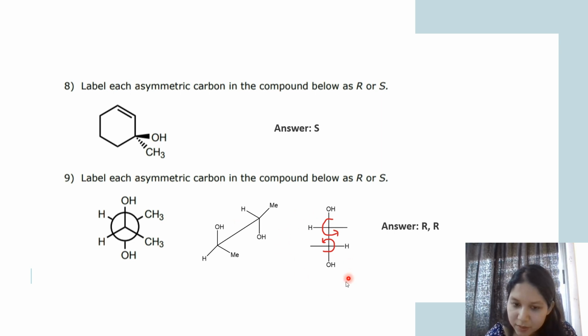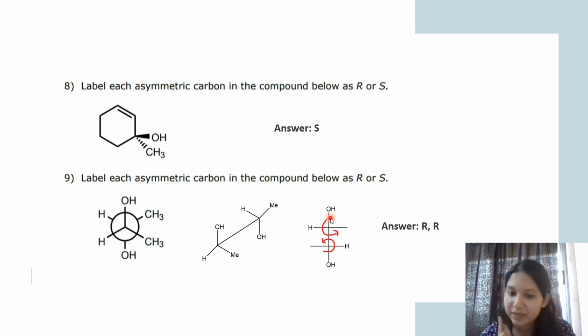Thus, you have this Fisher projection for this compound, and now we will assign the configuration to the asymmetric carbons present. And I hope you remember the rules of assigning configurations when it comes to Fisher projections. When the fourth priority group is present in this axial position, we will simply follow the clockwise anti-clockwise rule similar to RS. Like if it is going clockwise, then it will be R configuration, and anti-clockwise will be S